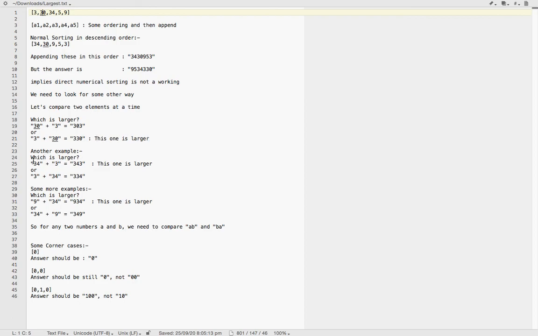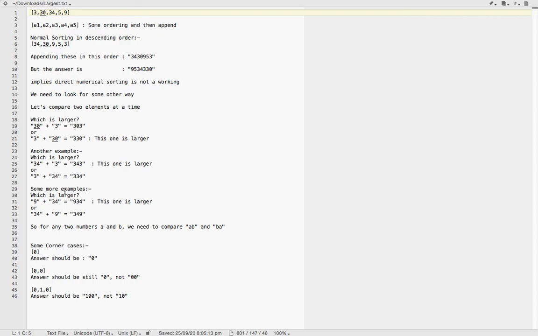Let's take another example. Here, instead of 30, I am taking 34. Appending 34 plus 3, we get 343, whereas if we append 3 and then 34, we get 334. In this case, appending the one digit number to the 2 digit number gives us the larger one.